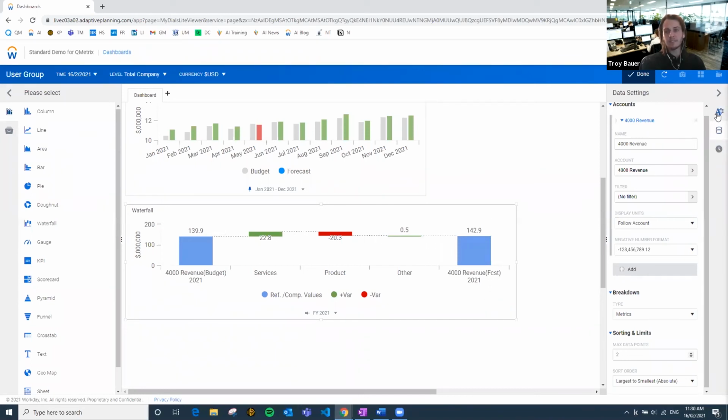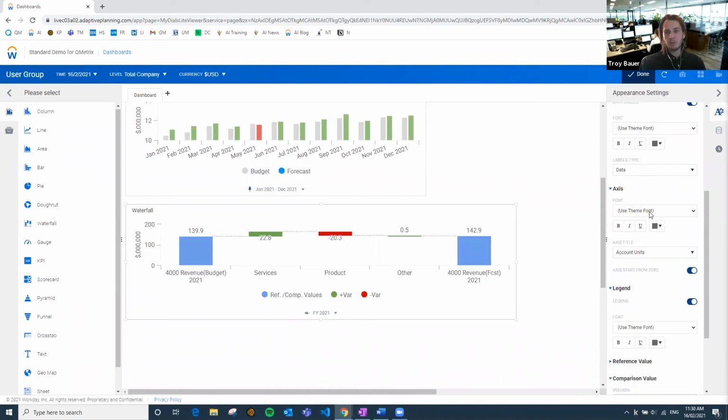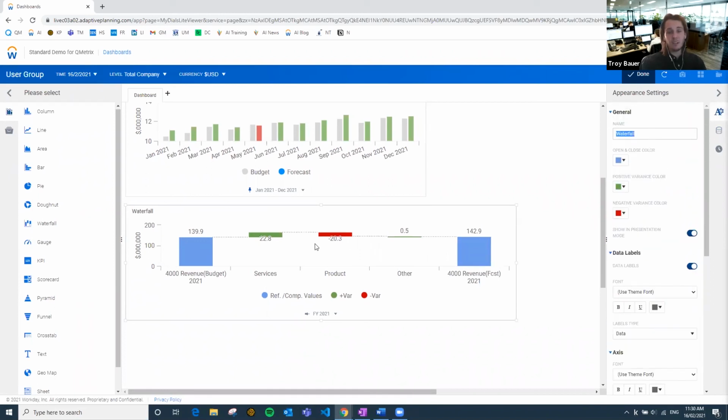There's other formatting settings that are very similar to the ones I touched on before for the other graphics, such as the title. In the case of a waterfall, it can be a bit confusing to display this graph to regular business users. So I encourage you to use a title that makes the most sense and describes the graph as best you can. So what I tend to do is something like revenue and then something like that. Sort of illustrate, I'm showing revenue and I'm walking from budget to forecast from left to right, sort of visually explains the difference there.